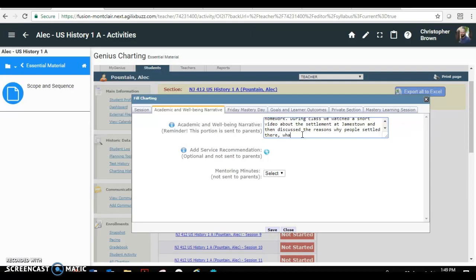There, what caused the starving time, and what indentured servitude was, and talked about his flipbook project, which he's excited about. His homework is to